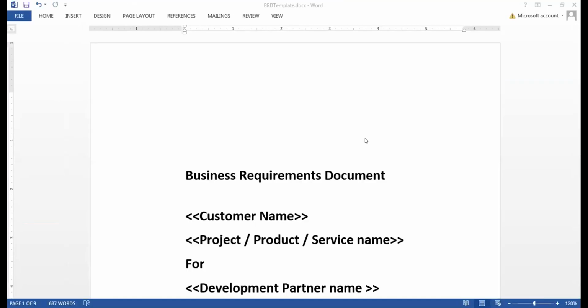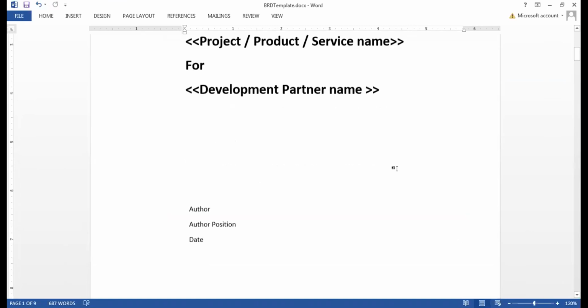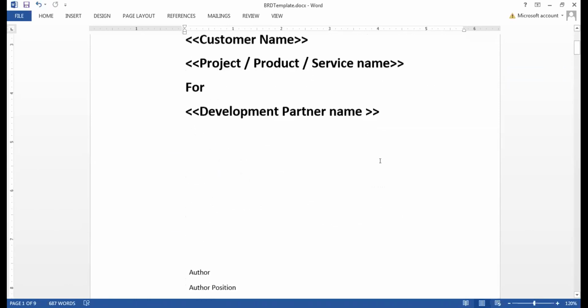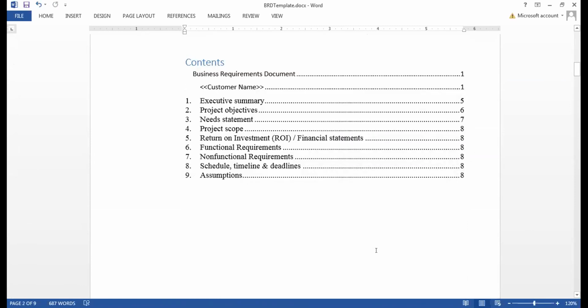Yes, this is the most evolved form of BRD. Even with an organization like State Farm, a really mature IT organization, we get such documents shared with Infosys as well. But most of the time, it's normally an email. I'm sharing practical scenarios with you, because I have worked as a BA, and quite a few friends are still working as BAs in corporate America. That's how I keep learning myself nowadays.